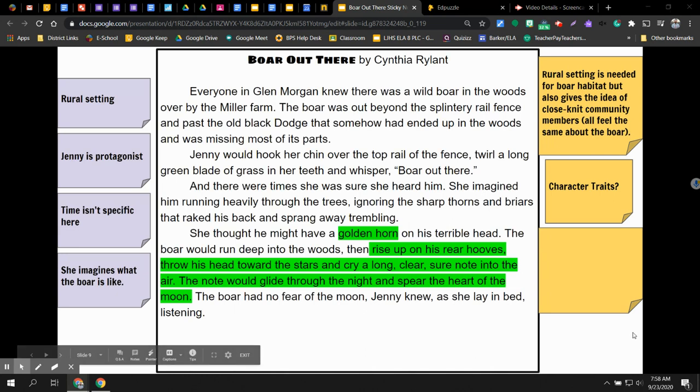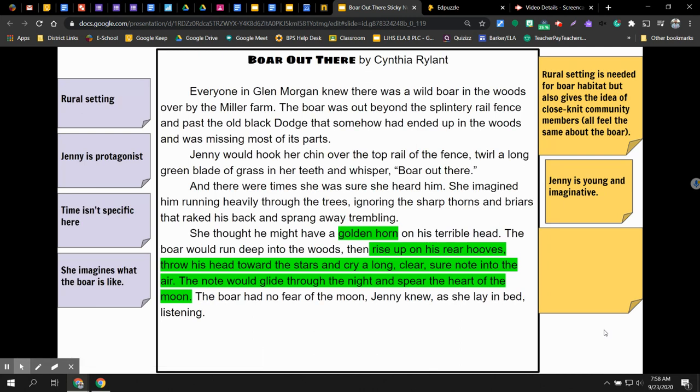So for character traits, you could have said anything along the lines of she's young, she's imaginative, she's creative, she has a whimsical approach to the world, she's very fun loving, she's adventurous, anything of that nature